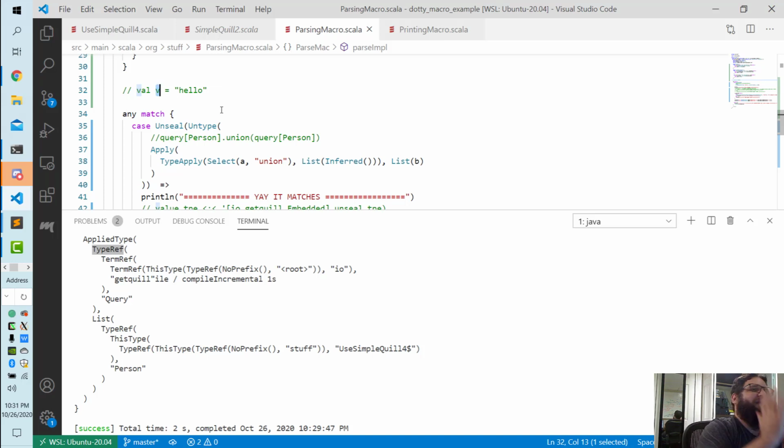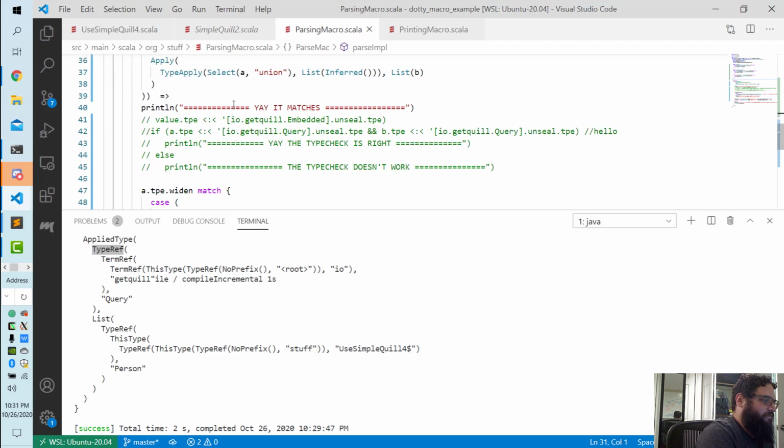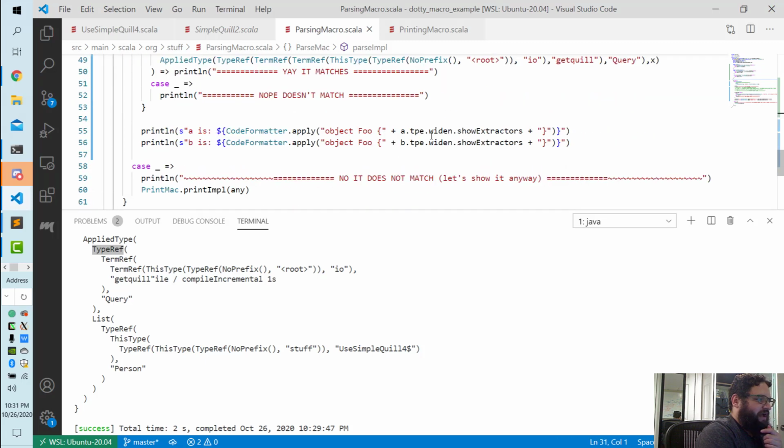It's a weird thing about type theory, right? When you think about, here's an instance of a dog. What is the most specific type of this dog? The most specific type of this dog is the dog itself. Okay, whatever, right? That's why when you don't do .widen,